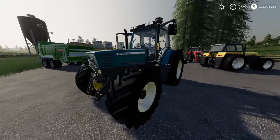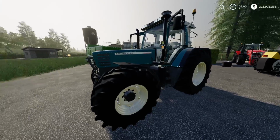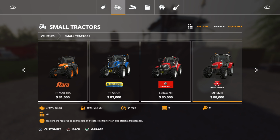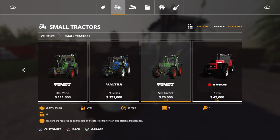the back. So we can kind of just move stuff out of the way as we go through everything. This is the Fendt 51X. And this is under small tractors. It comes under the Fendt 500 Favorit. It is $76,000. It's 115 horsepower. It travels 31 miles per hour. It holds 210 liters of fuel,